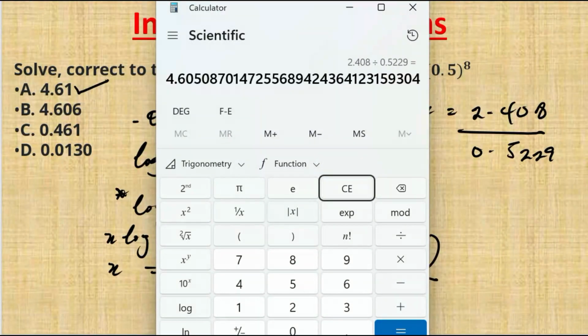0.5229. Now, if you look at my alternatives here, I have 4.60508. Now, if you look closely at the alternatives, you see that I have 4.61, 4.606, and